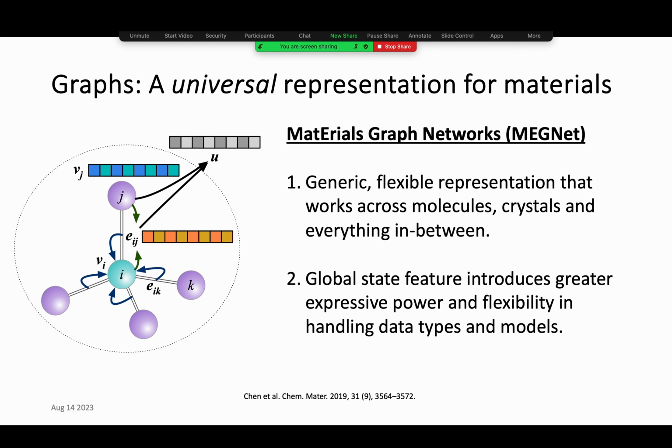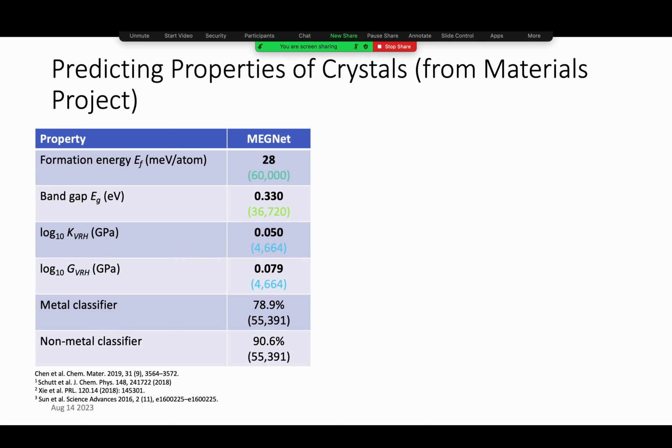Now, in any graph neural network architecture, you essentially just do graph convolutional layers or message passing. You basically pass information from atoms to bonds, bonds to atoms, bonds to global state. Other people have already talked about it, so I'm not going to talk about it further. Now, just to show you how good graph neural network models are, so this is